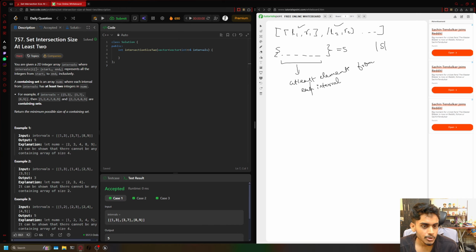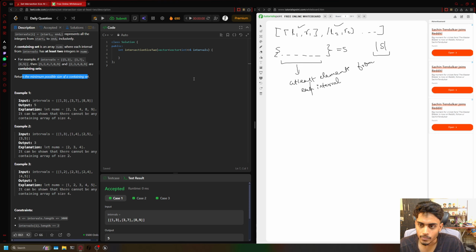So the question is we have to find the minimum possible size for our containing set. So we have to reduce our containing set size as small as possible. So that's the question. So in order to solve this problem, we need to know two things. So first thing is